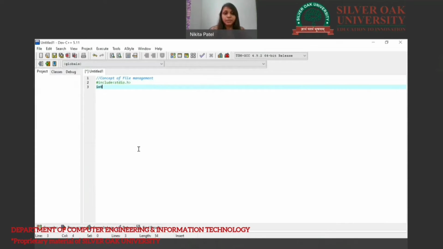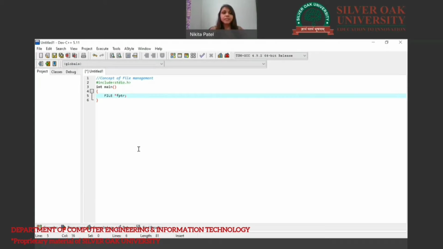Then after int main, here I am declaring a file using the FILE data structure with the FILE keyword, which is FILE star fptr.